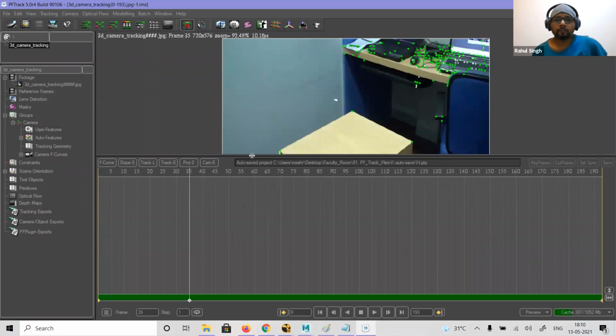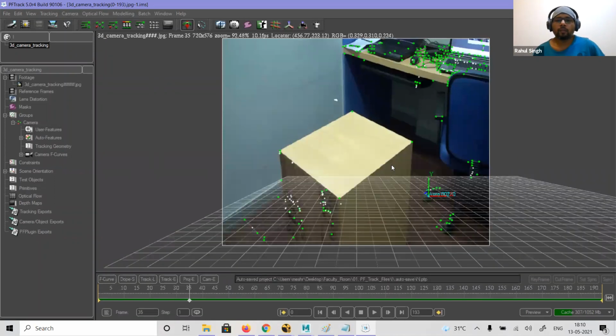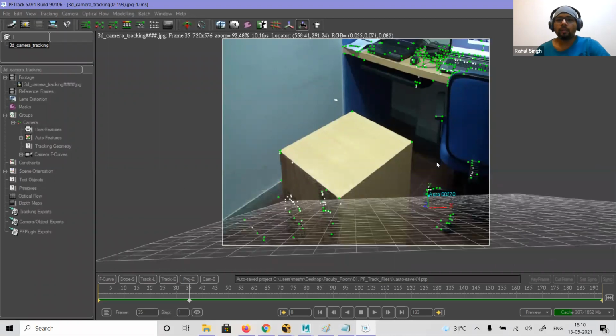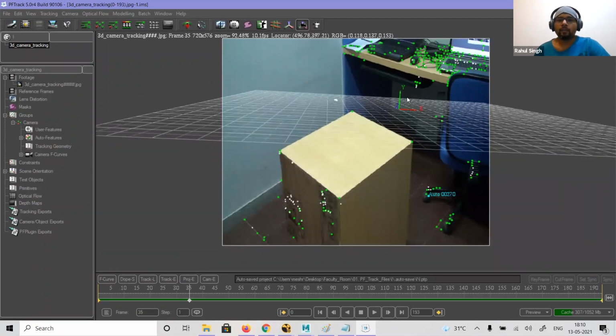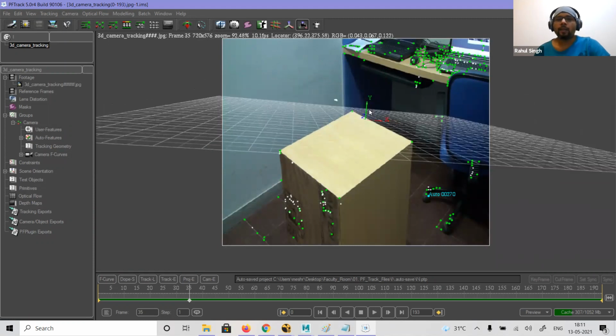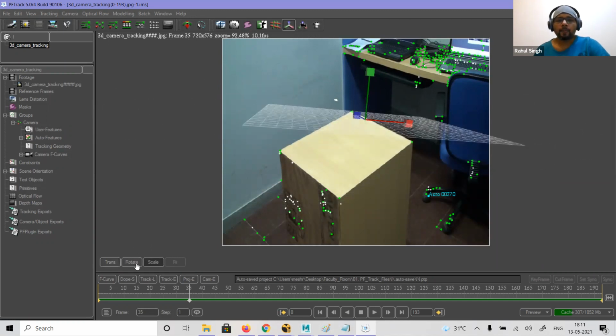Yesterday I told you, scene orientation means I can translate and rotate the grids, right? Camera orientation means on the basis of camera information, I can move things here and there. I'm changing my camera, so on the basis of the camera, I'm moving the scene. Both can be utilized to set up the scene.